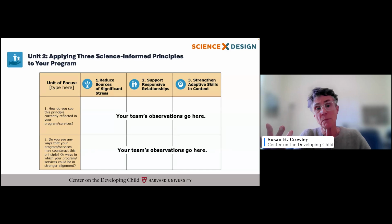And so for example, the first principle, reducing sources of significant stress, the team thinks about how do we see this principle currently reflected in our program and services? So how do we reduce sources of stress for families? And then the second part of it is, do we see any way that our program or services may counteract this principle? Any ways that we could be in more alignment with the principle? So that's the second